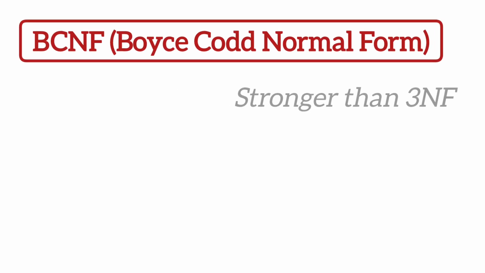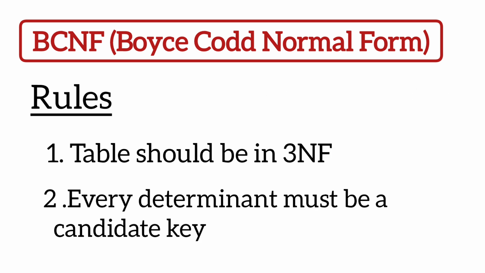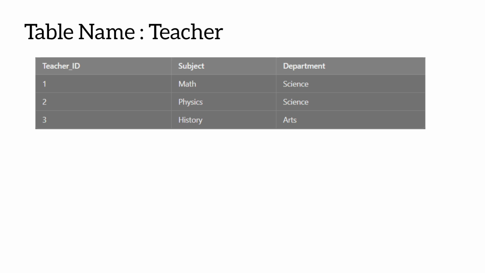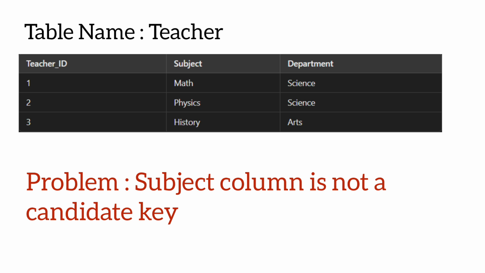And fourth is the Boyce-Codd normal form, which is also called BCNF, and it is stronger than 3NF. The rules are: the table should be in 3NF and every determinant must be a candidate key, meaning a determinant is any column that uniquely identifies another column. If I have a teacher table which contains the columns teacher ID, subject and department. The problem is each subject uniquely determines the department,